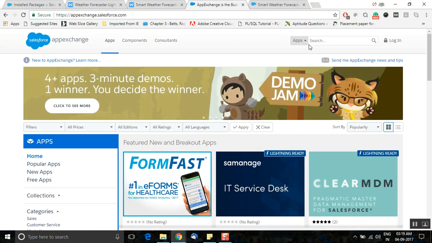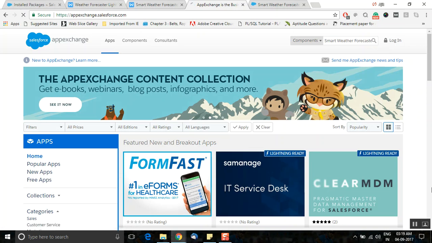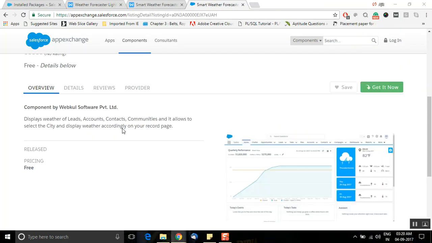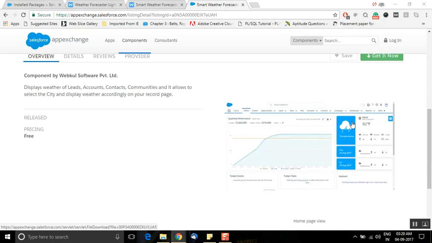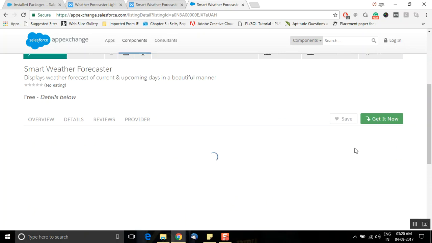You just need to visit App Exchange and select components from this drop down menu and type in there weather forecaster, smart weather forecaster, and click on search. Here you can see, if you look at the appearance, it will appear like this on your home page. It will show you the complete weather details. We will just proceed with the installation now. Just click on get it now,